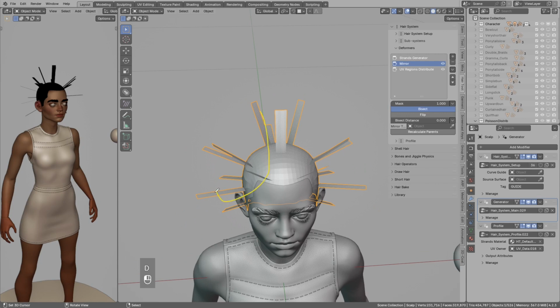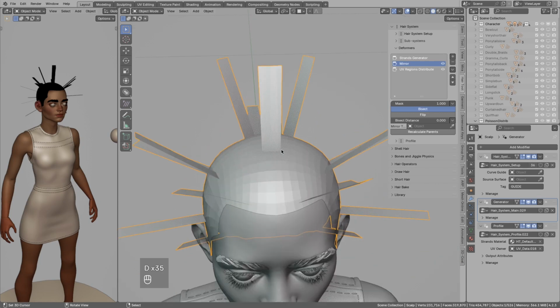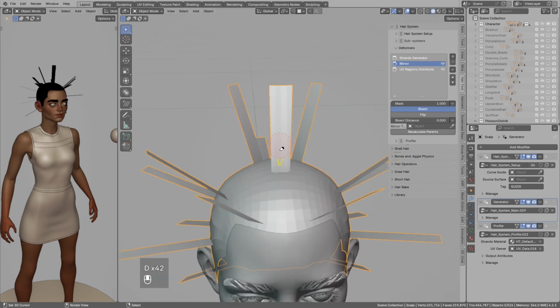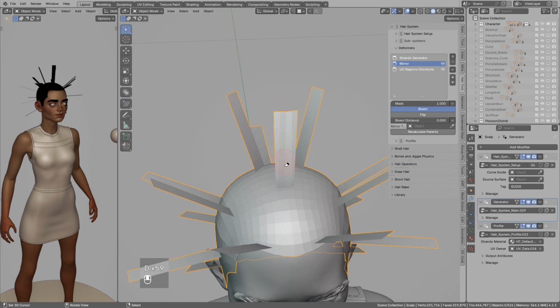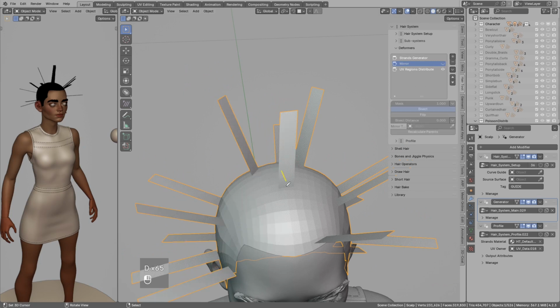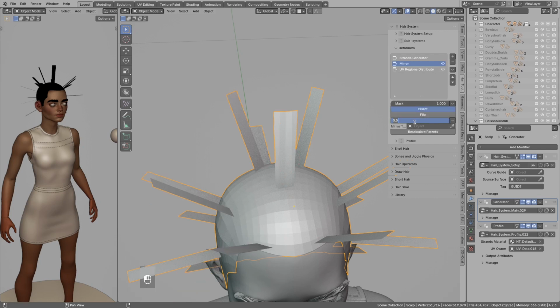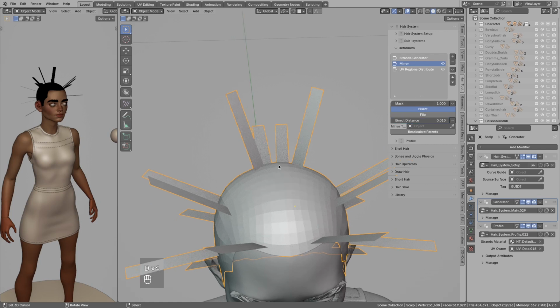It will then remove strands from the left and duplicate strands from the right to left. However, there are still some double strands, like for example this one. Without mirror, we have this strand that is very close to center. So after mirror, we got double strand because of that. And there is a way to also fix that by increasing the bisect distance to 1 centimeter. It will basically search for the strands that are 1 centimeter away from the center line and remove all those strands in this area.